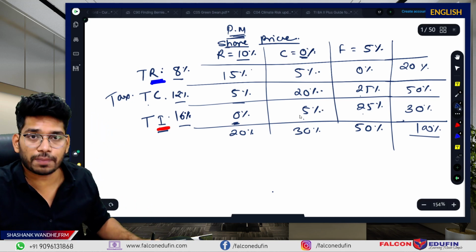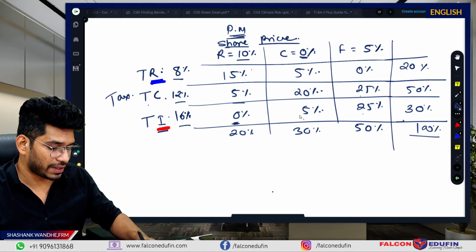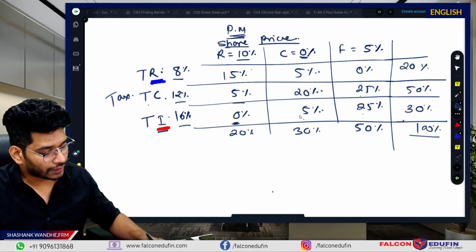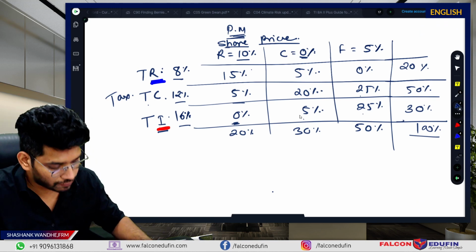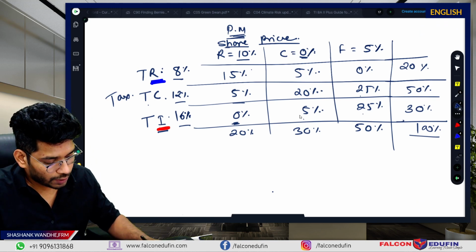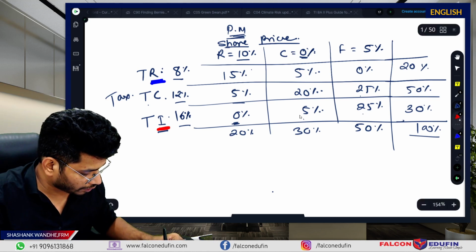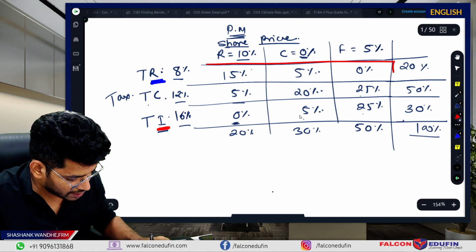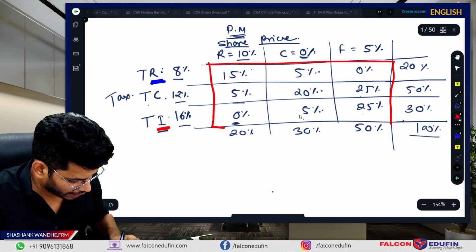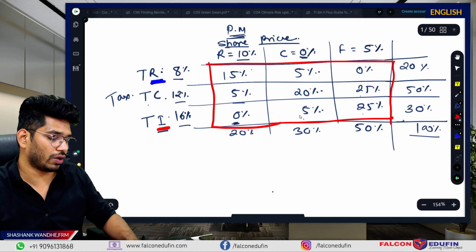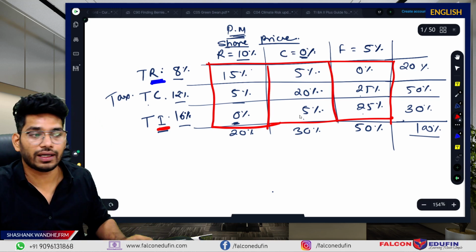Again, the same scenario is applicable here. Joint probabilities 5%, 20% and 5%. And then you have share price fall 0%, 25% and 25%. So all these are probabilities. For better visualization or identification, we will keep all these probabilities in the red section.